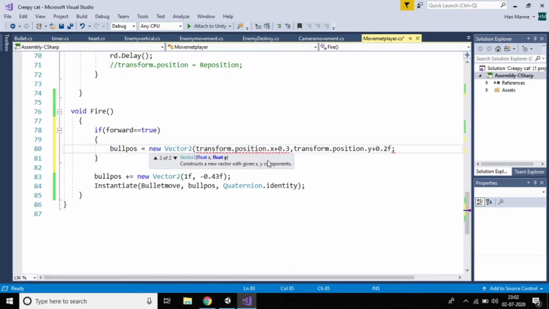So 0.2f, don't forget to give f, since these are floating values, right? Then close the bracket.